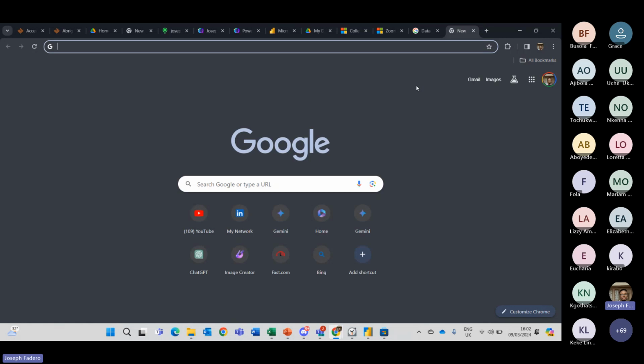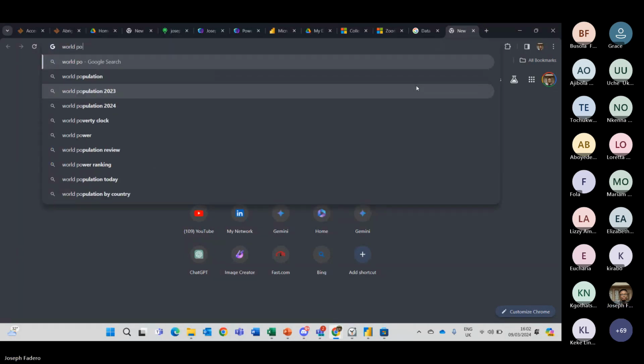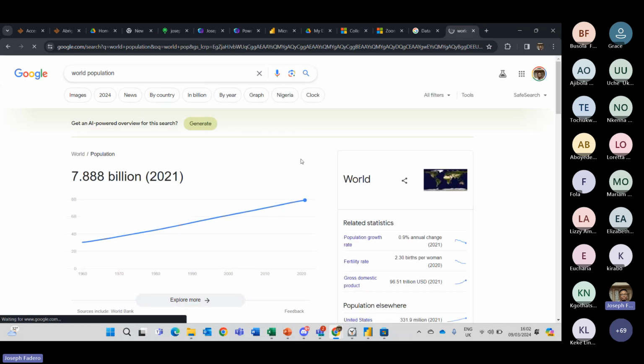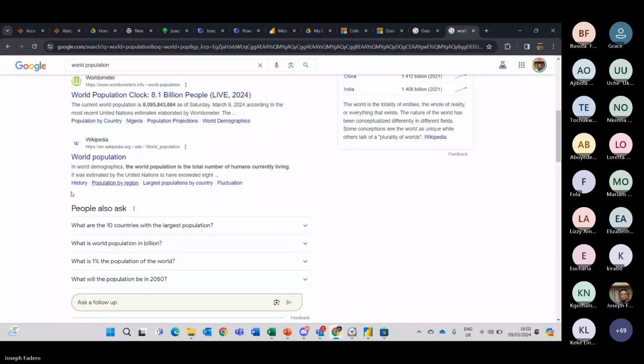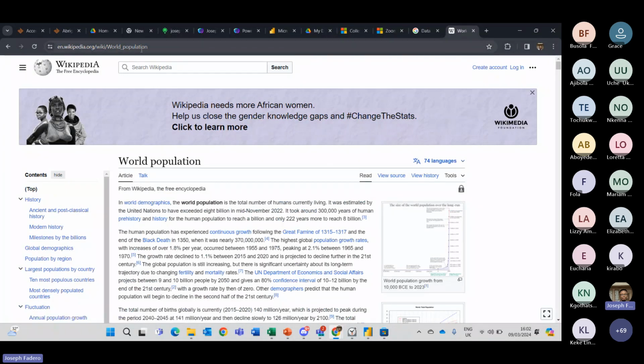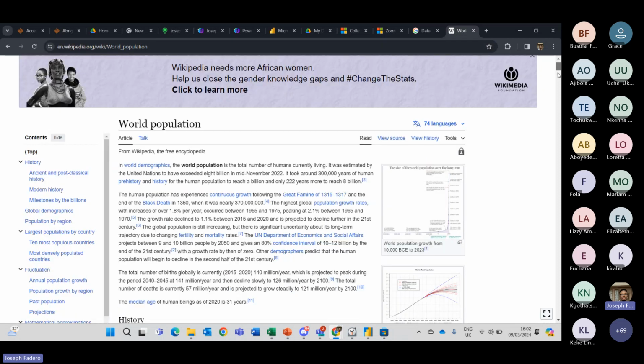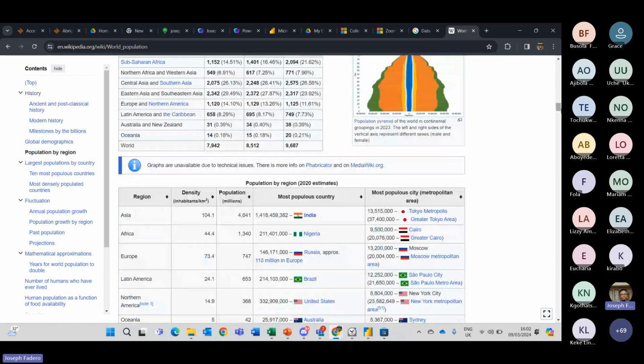So let me just check for world population, right? I think that's a good enough link. So world population, let's have it on. This is Chrome, right? So I can copy this link. When you want to get data from the web, it's important that the website is a publicly accessible site as well. So it's good to know that. If not, sometimes it may require you to sign in to verify that you are able to access that information you want to access.